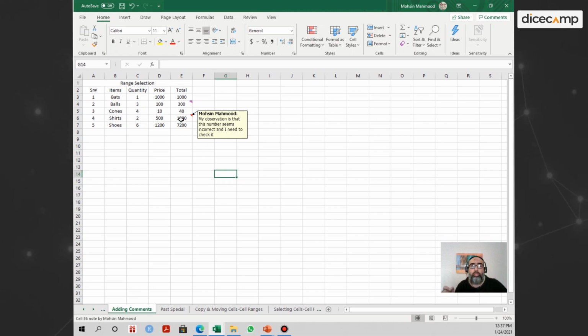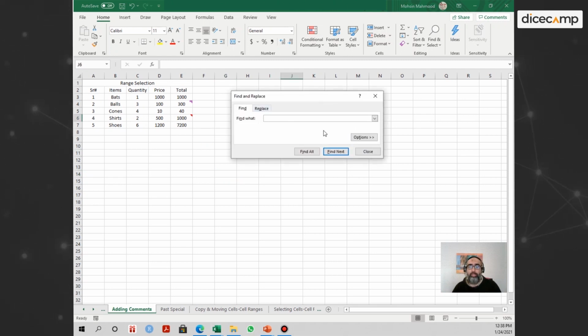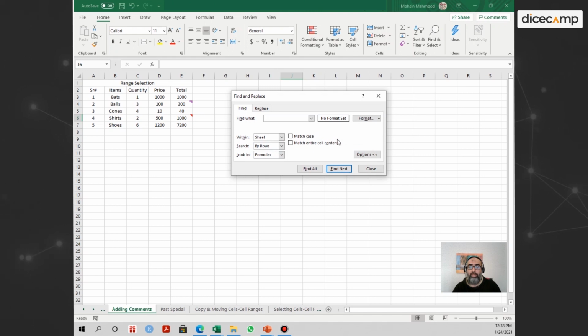Now these notes and comments are important because we did discuss the find function, and you can use the find function to refer to specific notes. So let's say that you remember the observation but you don't remember in your Excel model where that observation was. You can just simply go to control find, and then go to options, and then select what you are trying to find, and you want Excel to find it specifically in comments and notes. You can do that as well over here. So it's really cool